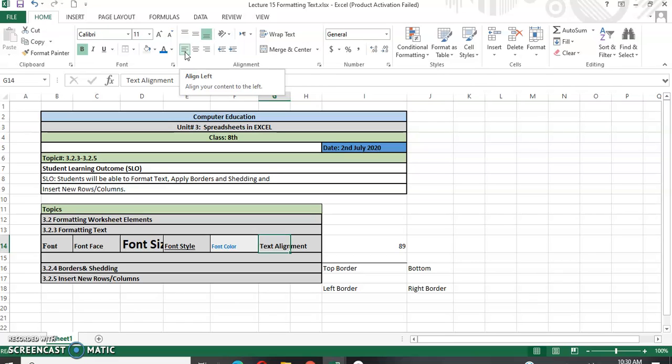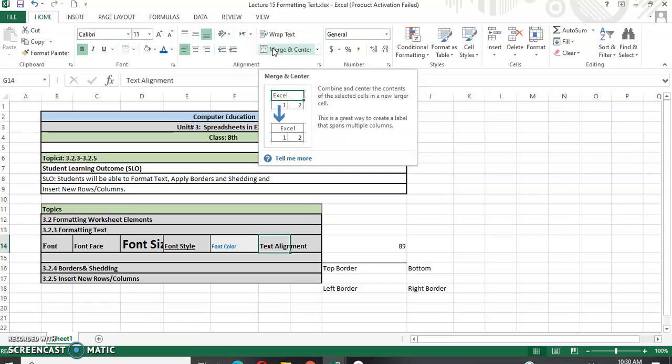So overall alignments have 2 forms: vertical alignment and horizontal alignment. These are your left, center and right alignments for horizontal, and these are the top, center and bottom. These are your vertical alignments. In this way we have discussed the alignment and font setting of the Home tab. Here we also have some other options that we will cover in next classes.